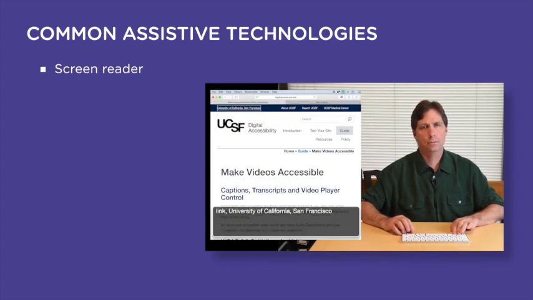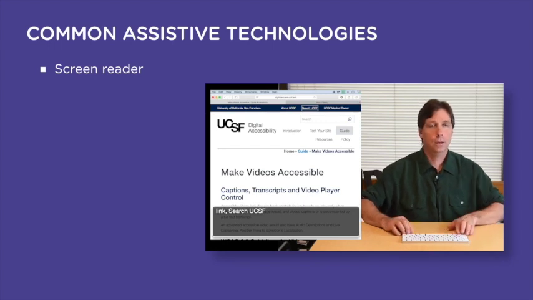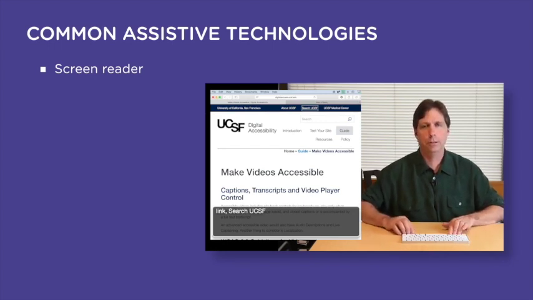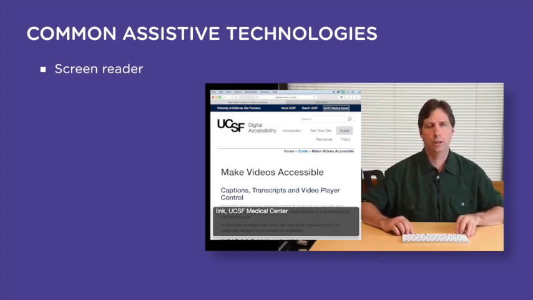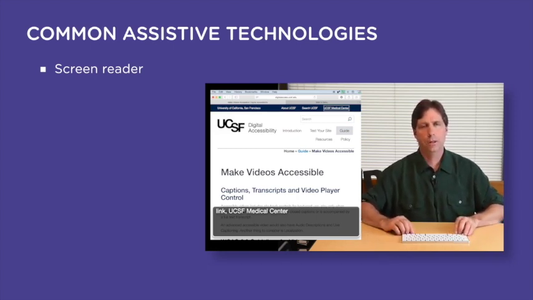Navigation bottom. Link, University of California, San Francisco. Link, about UCSF. Link, search UCSF. And what I will now do is slow down the speech rate. Rating percent, 75%, 70%, 65%, 60%, 55%, 50%, 45%, 40%. Link, UCSF Medical Center. So as I was about to say, a screen reader converts what's on a computer screen